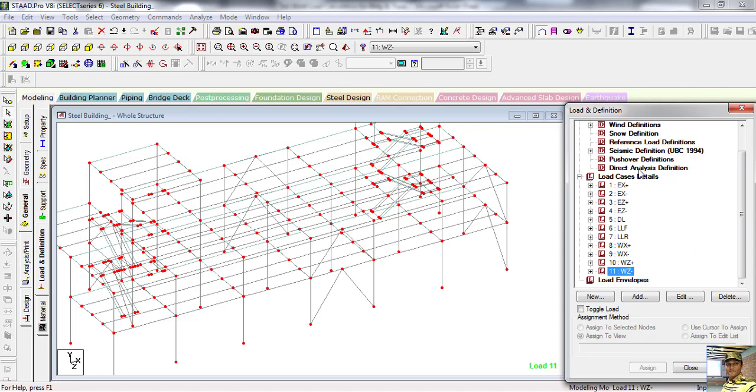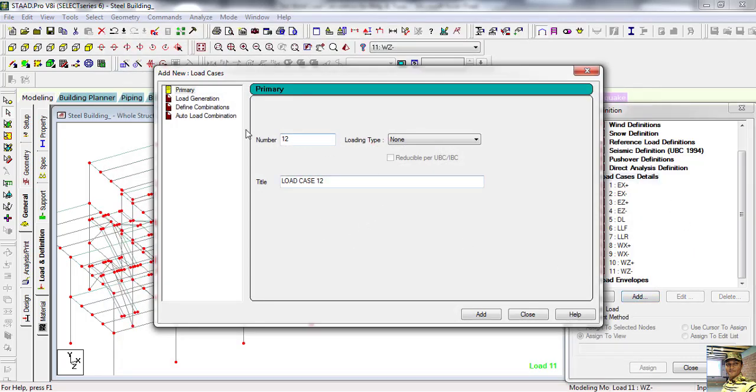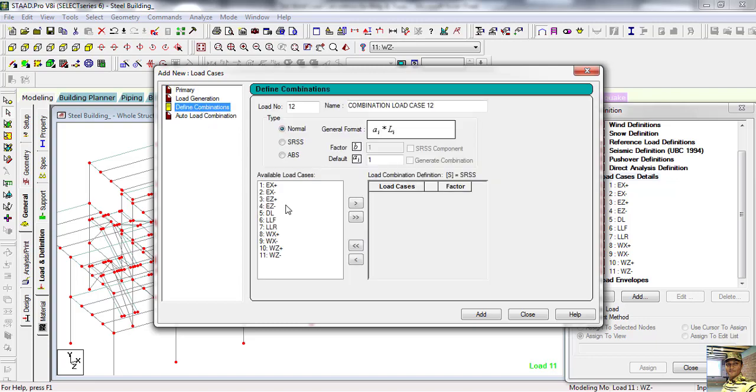So go to load case details, add. Now define combination. As per your code combination, you will assign; I will assign as per my code. Now here, 1.4 dead load.